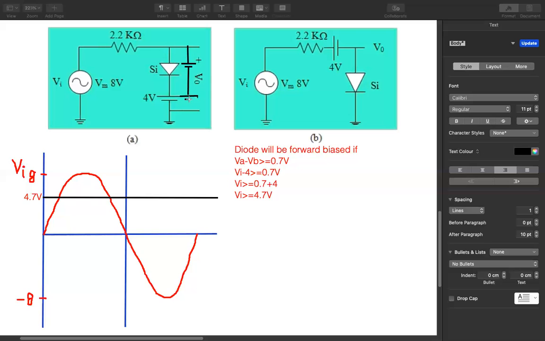This will be as it is. And the potential across this DC power supply will be 0.7 volt. So this is the equivalent circuit